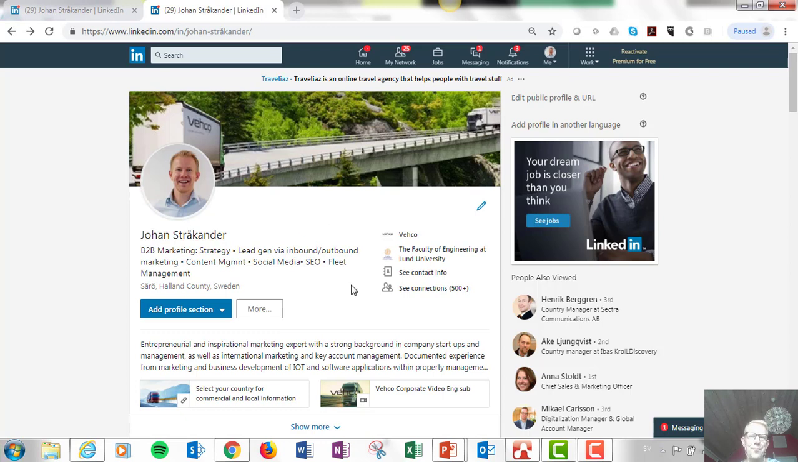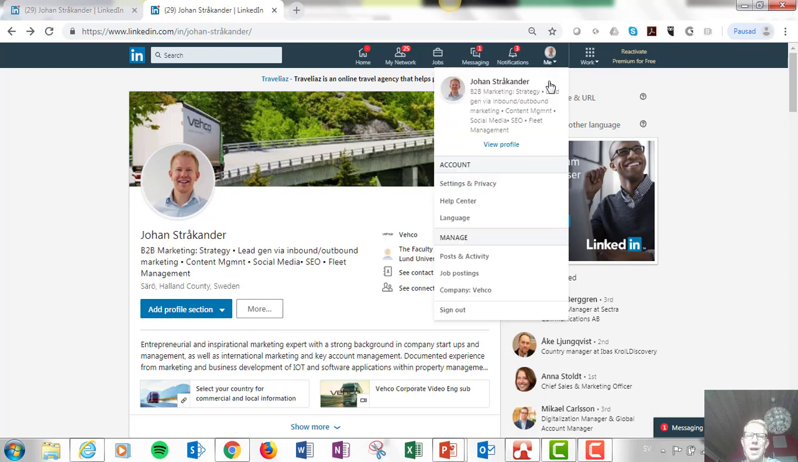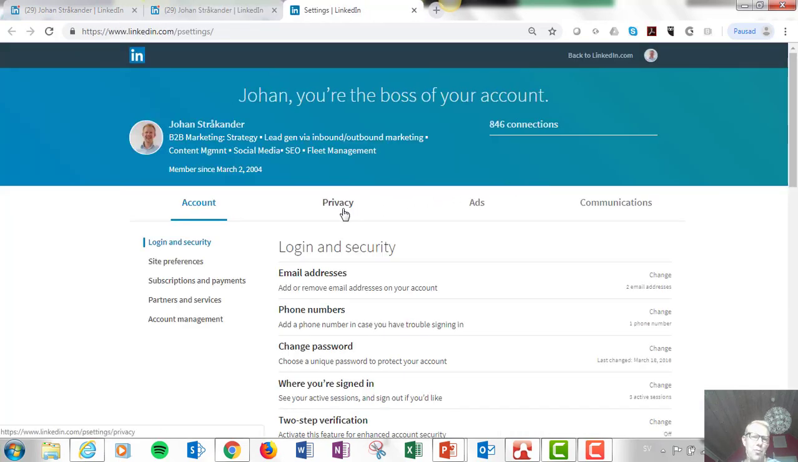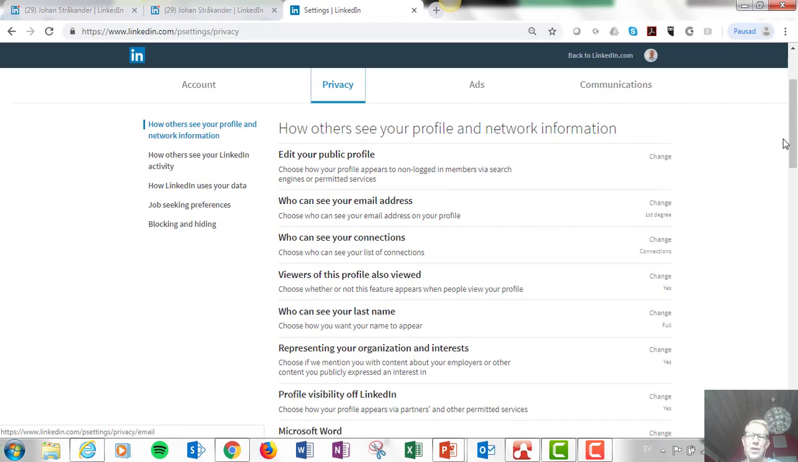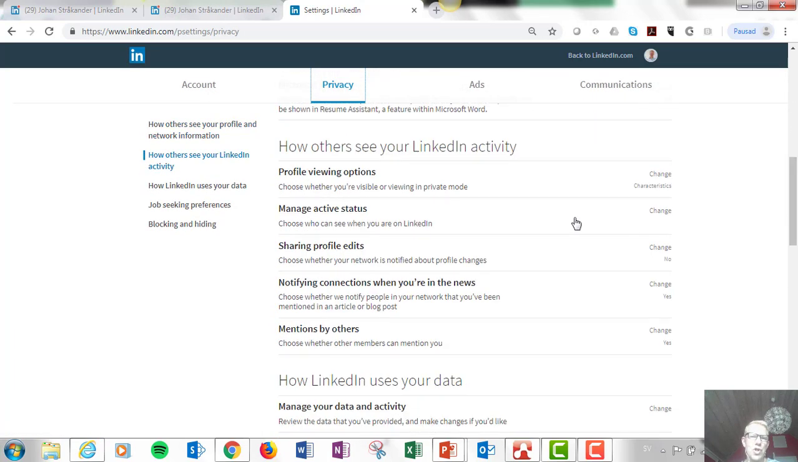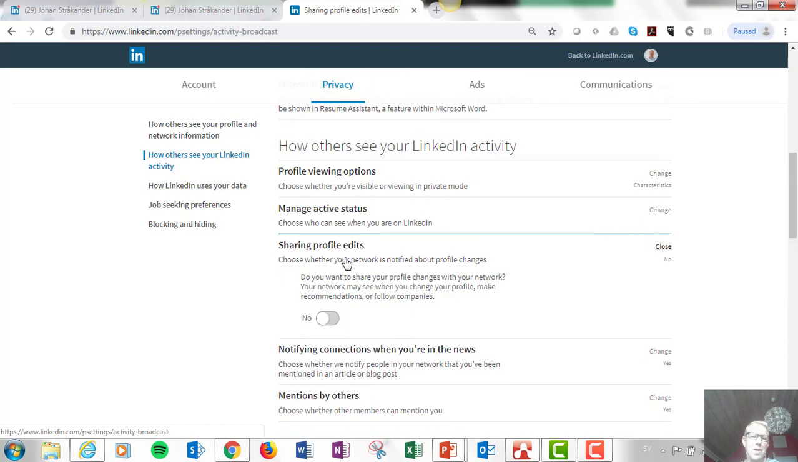your profile. It's actually to go up here. You find the small icon with your photo on, your profile picture, and then you can go to settings and privacy. And going to settings and privacy, you go to the privacy button here, and then you go down to something called sharing profile edits. And this should be set to no, according to my idea, because as soon as you